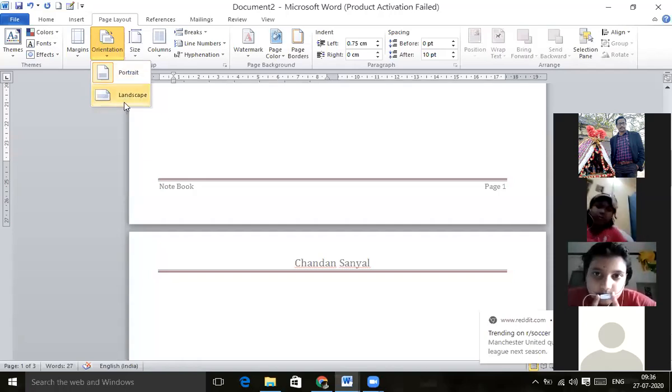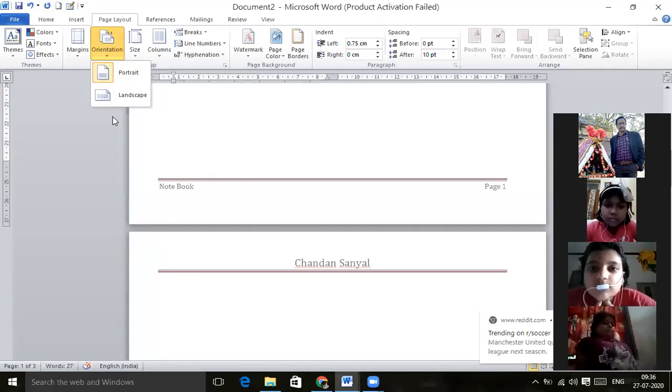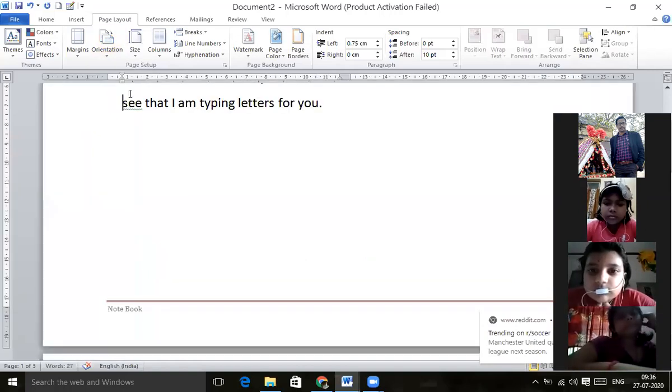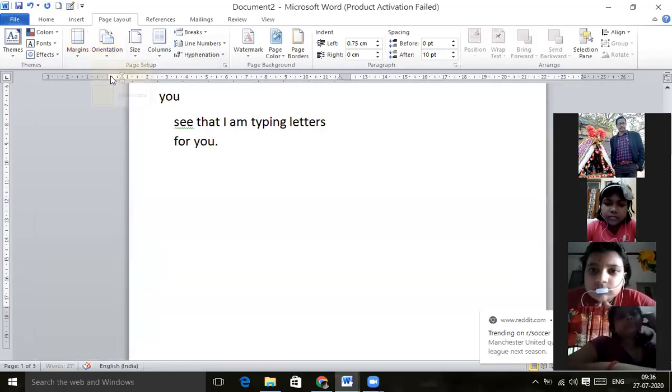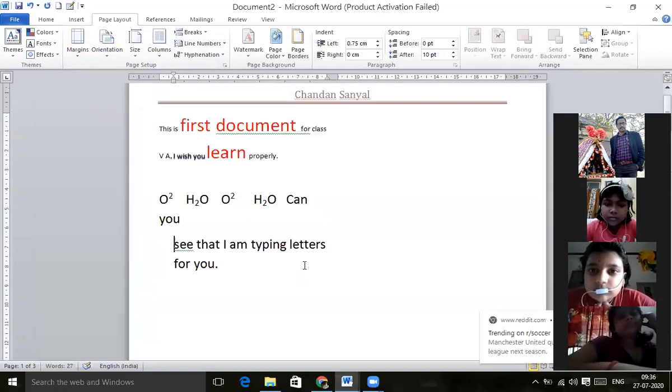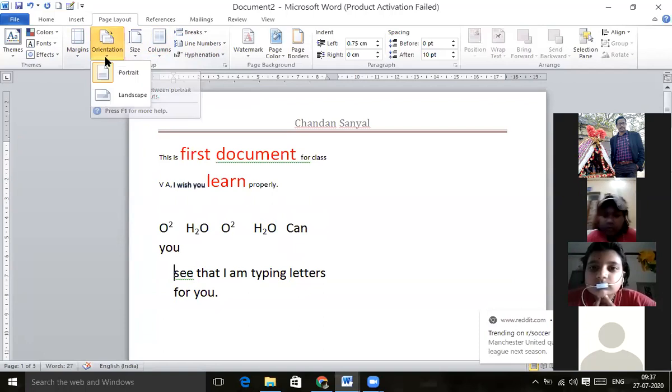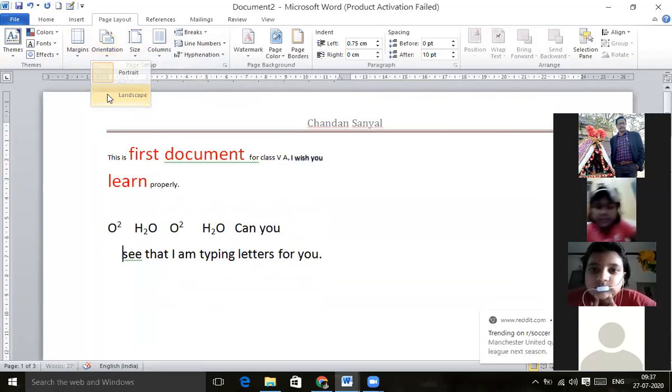Now you can check any one of these. You can check the page orientation. As soon as you check the page orientation, you will see that the page setup will be changing. The total page setup will be changing. So you can change to landscape. This is how it will look. And if I go for the orientation to portrait, this is how it will look. This look will change in the case of landscape and portrait. See the landscape, the whole thing has changed.